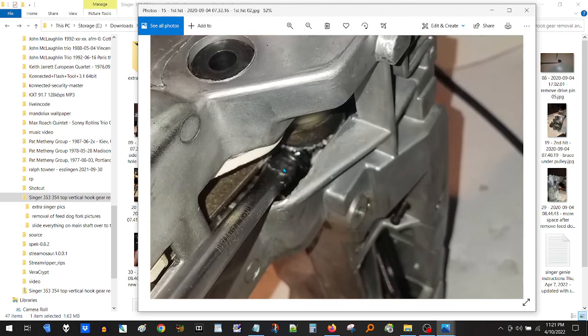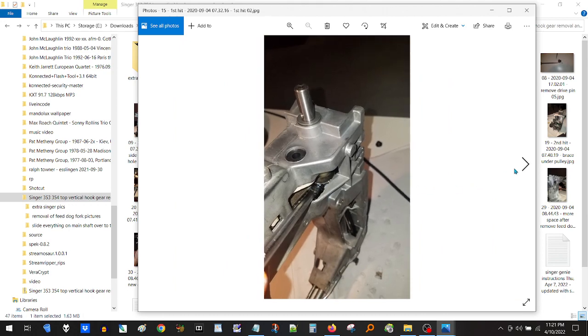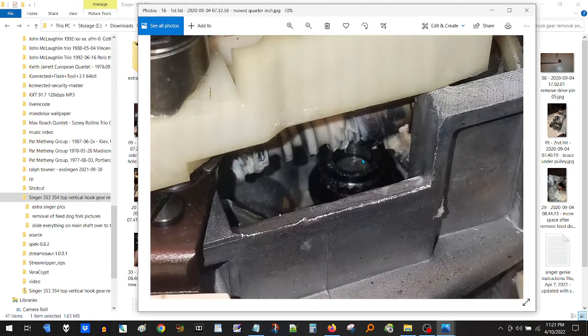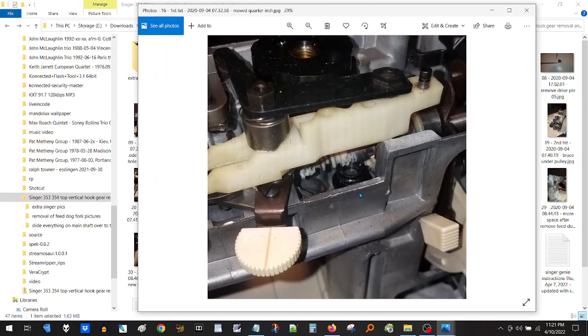Unfortunately it didn't focus too well, but it's only got about a quarter inch before it runs out of travel, and it hits the top of this. Well, it hits the horizontal arm shaft. That's about all you get, and it was still really on there. I tried pulling the pulley again, and it wouldn't let go, and so I had to